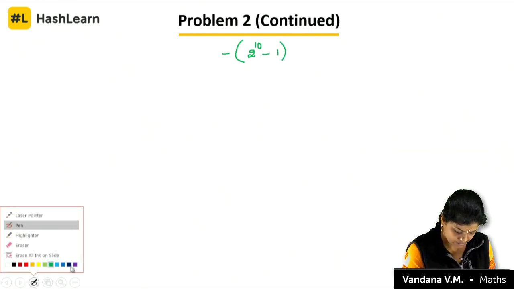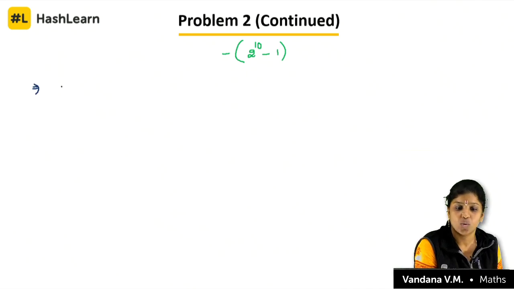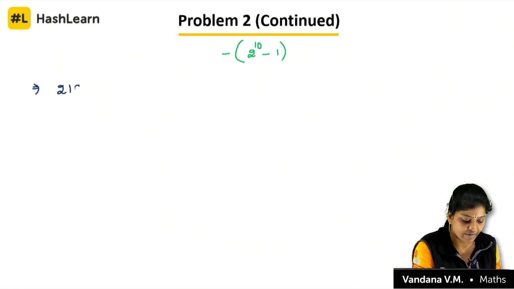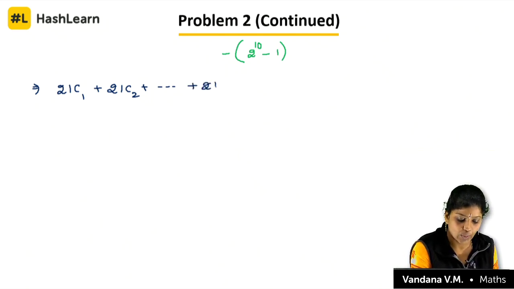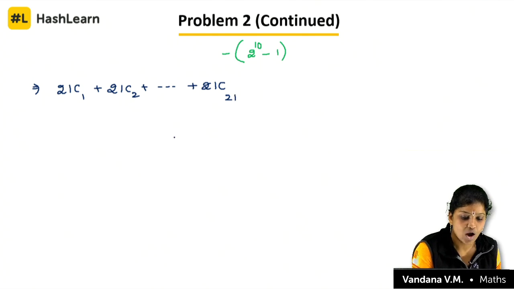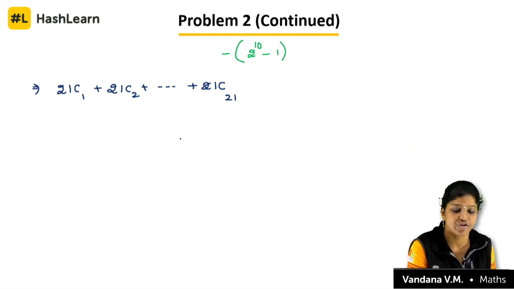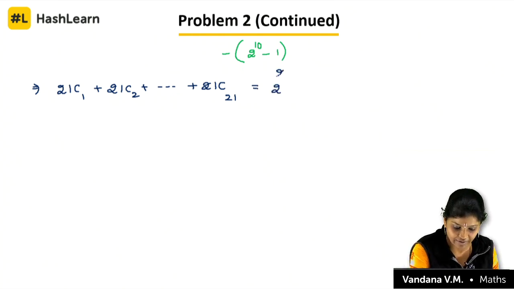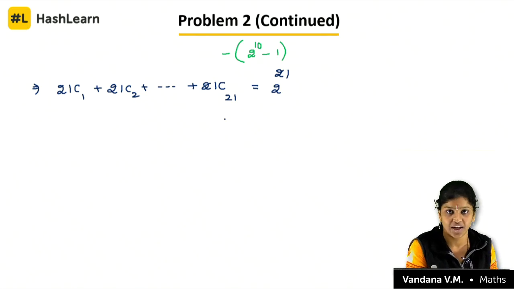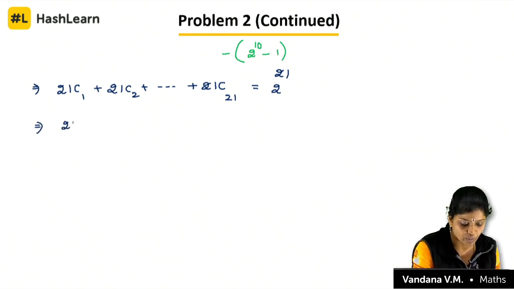Now, you write this. What do we have in the bracket? 21C1 plus 21C2, so on. But usually we know the formula for 21C21. Yes, good afternoon Ayushi. 21C1 plus 21C2, so on 21C21. Just now I told you the shortcut, right? 2 power 21. But till where do we have? Till 10 only we have. So, I am going to break this as